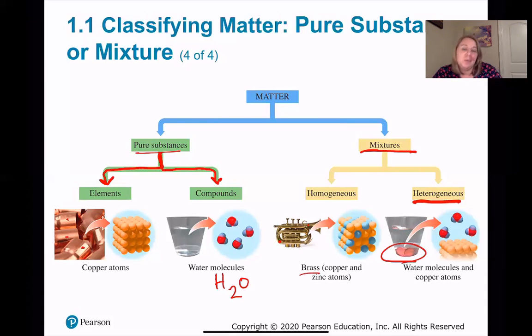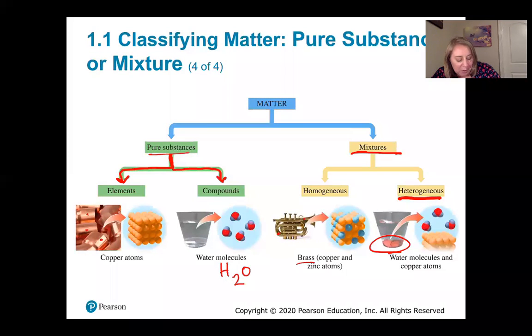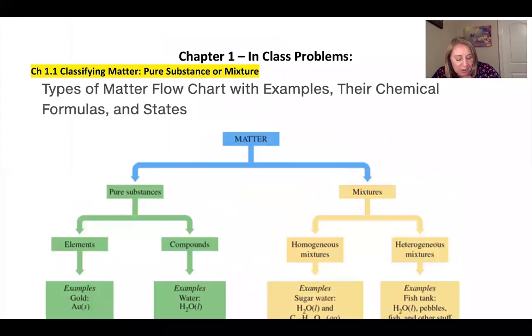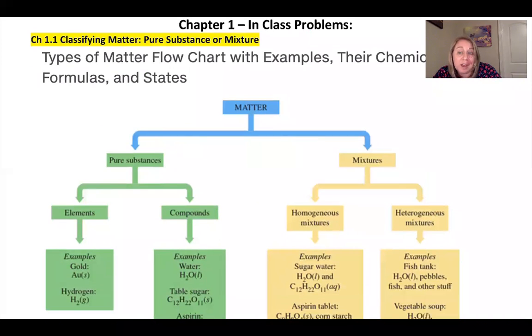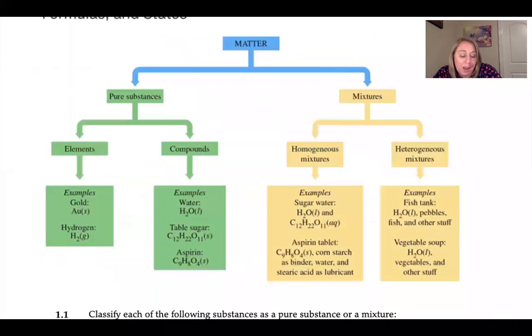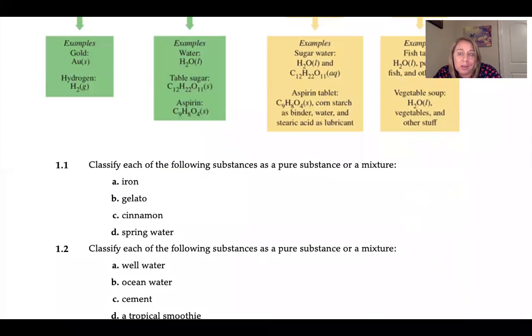Okay, so we're going to do a little practice. And what I did for you, and I posted this to Moodle, is here are the problems that are inside of your textbook. And I just want to work through them. We'll do the odds on the video and we'll do the evens in class. So you have a little bit of practice with the lecture that you just had. So this is a type of problem that you would see. Classify each of the following as pure substance or a mixture.